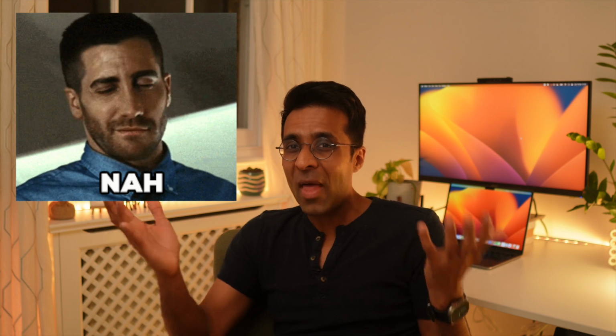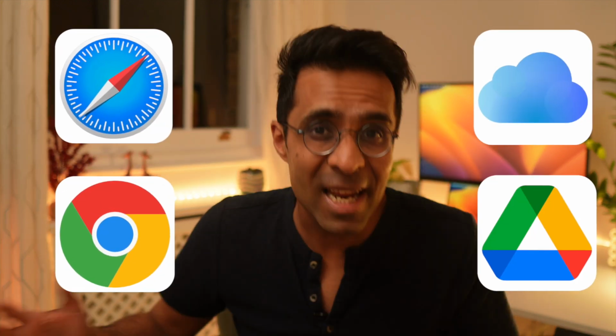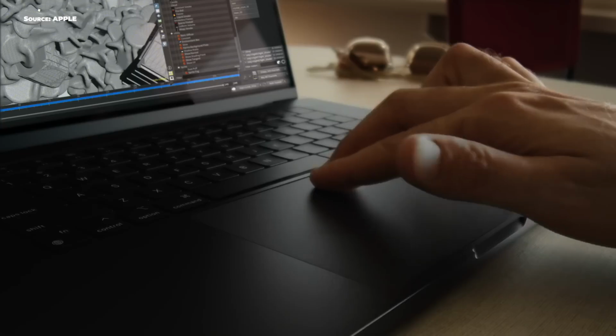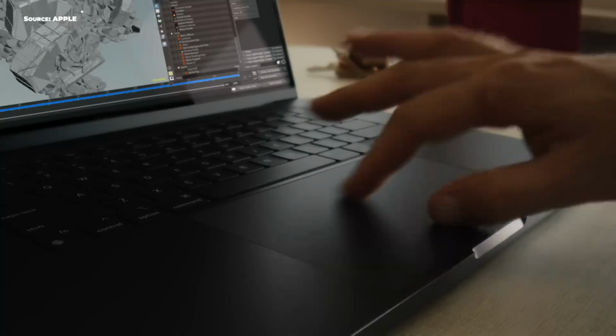Now, as I asked in my full M2 MacBook Air review, does this really make a perceptible difference to the user? Would you notice the speed if I didn't tell you about it? Not really, it's not that obvious. And most of us nowadays work online on the browser or the cloud anyway, so for most people, it's not a reason enough to buy the M3. And for those who do a lot of photo and video editing on their MacBook, those people wouldn't buy the base model anyway. They would spec up the RAM and the hard drive and probably buy a MacBook Pro instead for the fan-based cooling. So again, it's good Apple fixed it, but I can't really justify you spending 10% more